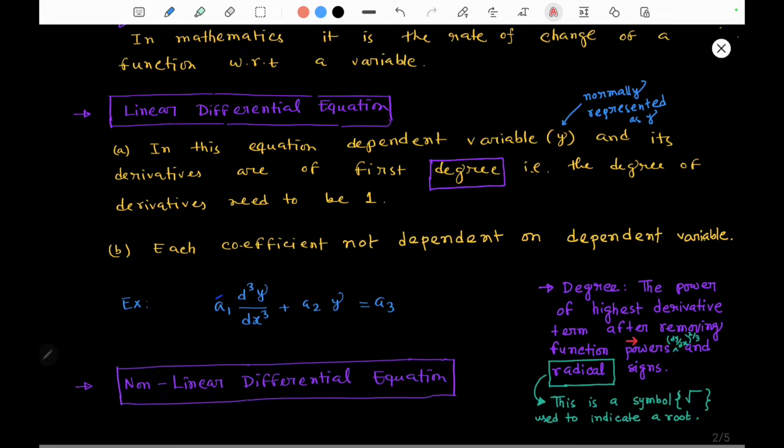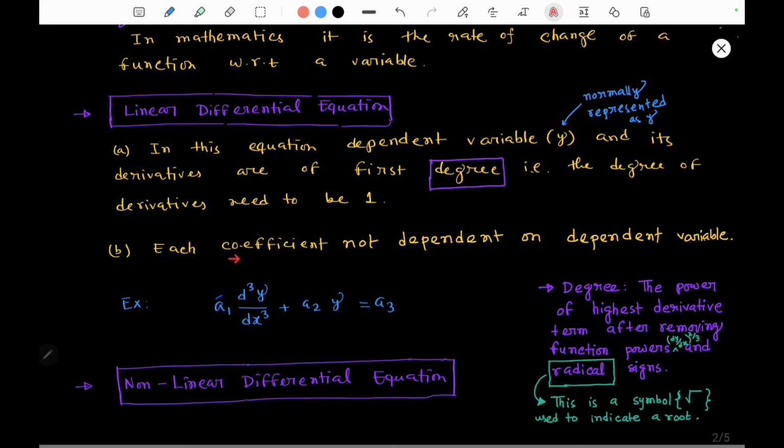And after removing fractional powers like dy by dx to the power 2 by 3, we need to remove this fractional power, for example by cubing both sides. If we cube this, then it will be only dy by dx whole squared. Radical signs also need to be removed; radical sign means root over. So after removing the fractional powers and radical signs, if we see the highest derivative term has only degree 1, then